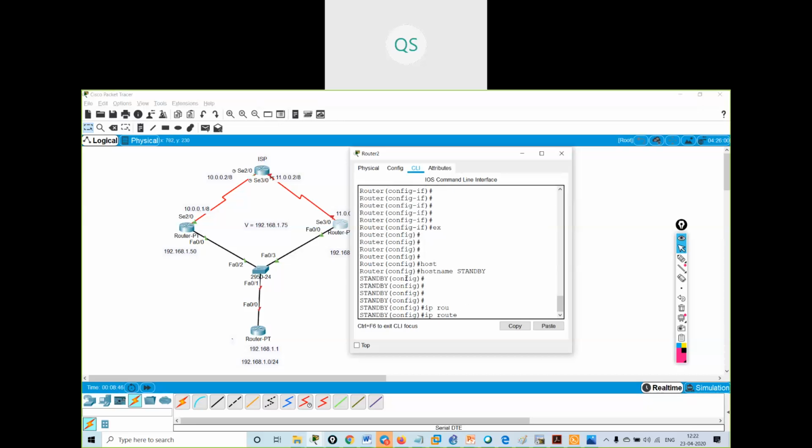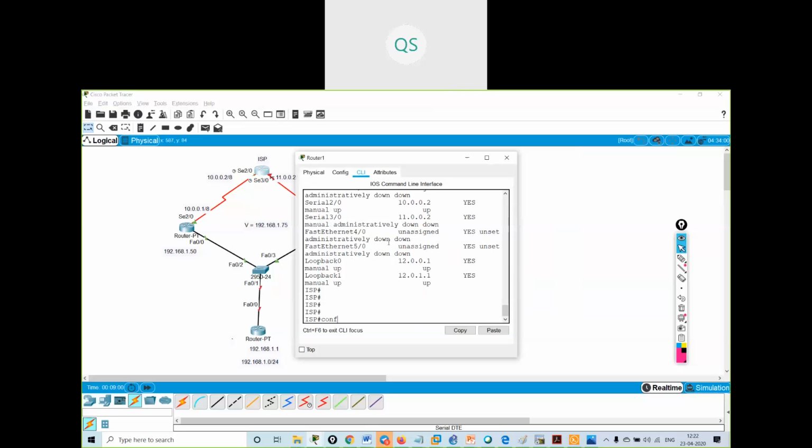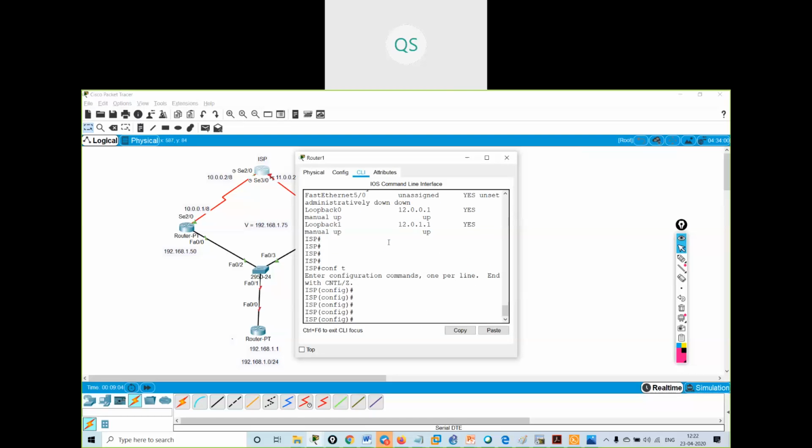You are understanding, right? What I'm doing? Yes, sir. So I've created two default routes. Then I will create two static routes over here.